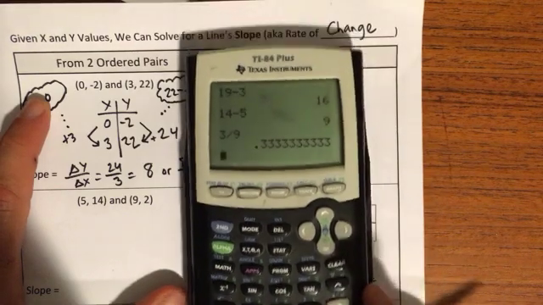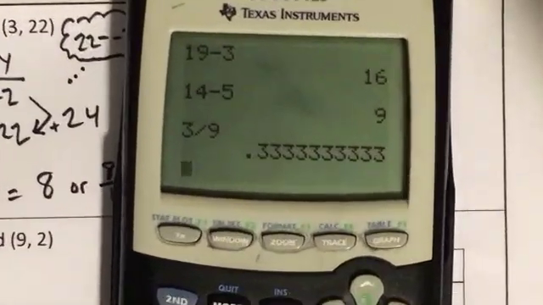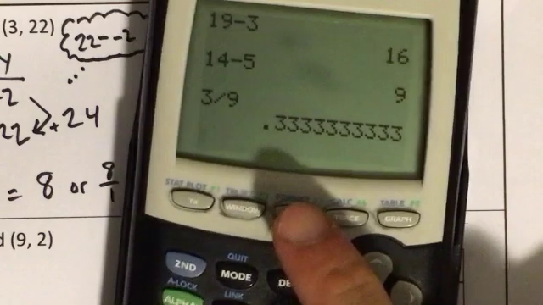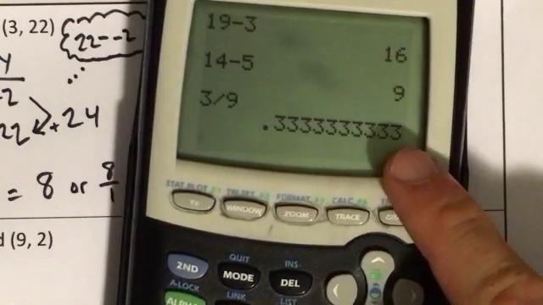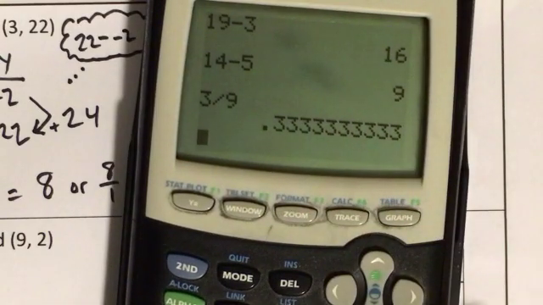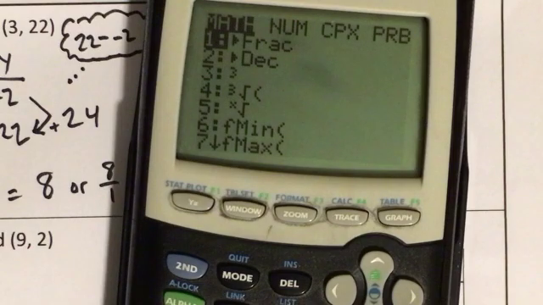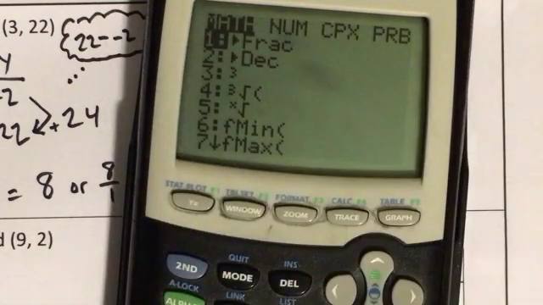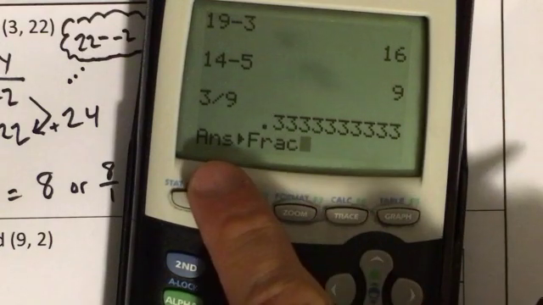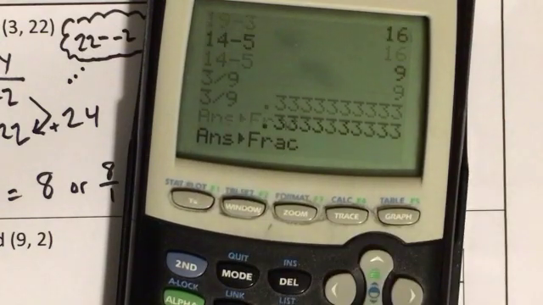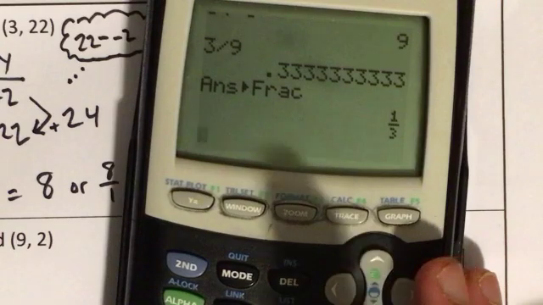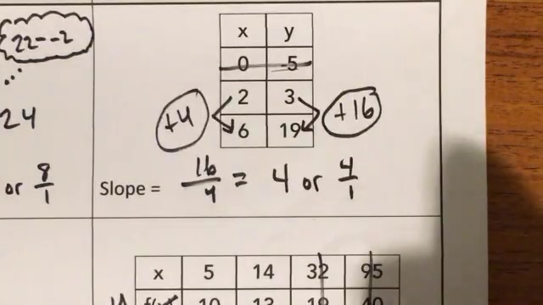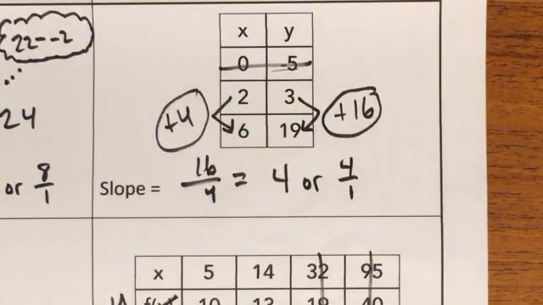I'm going to zoom in on this a little since we have some time. 3 over 9 is a number that repeats, 0.3 forever. On your calculator, if you hit the math button, the first option says to fraction, which turns my answer into a fraction. That gives me 1/3. If you write 1/3 next to the 3/9,